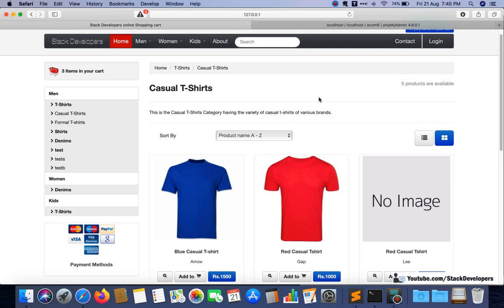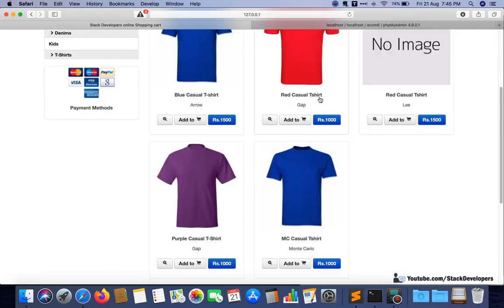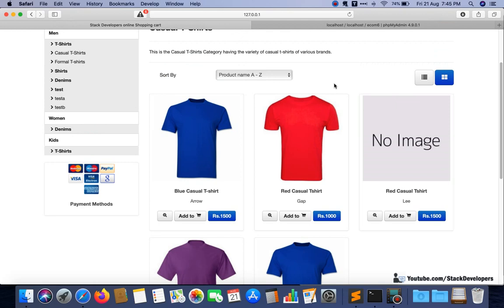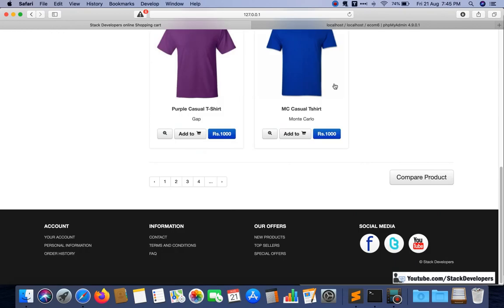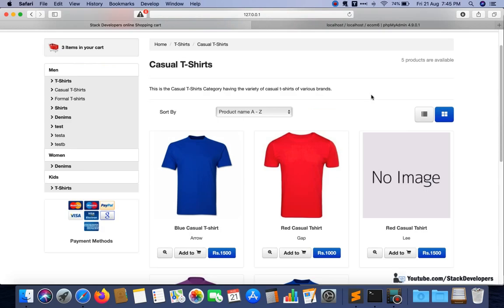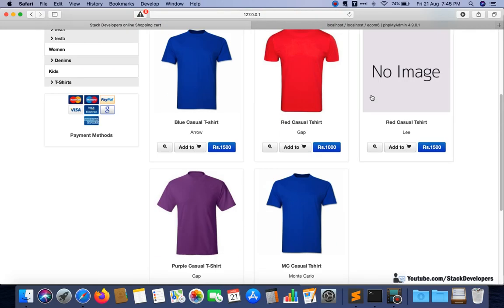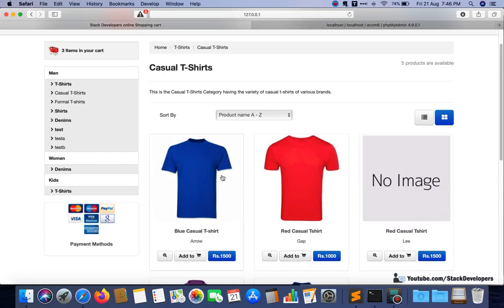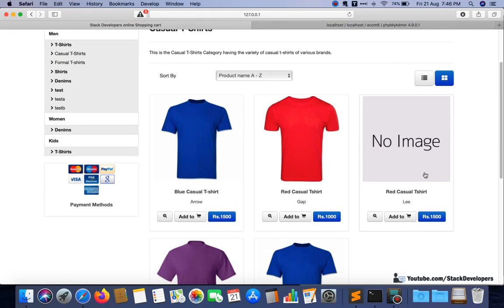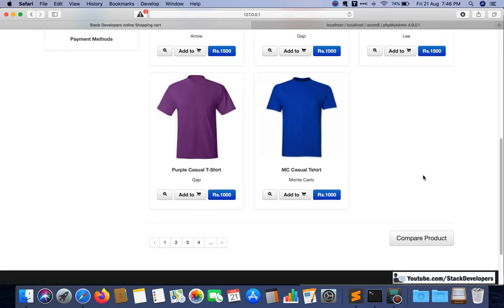Because we are not going to show all the products here. If 50 or 100 products are coming, then we are not going to show all the products in one page. It will make the page really slow and not good for the SEO as well, not good for the user as well. So we are going to show limited products in one page. Like we will show only 6 products in one page, 6 or 9 products, multiple of 3. You can see the 3 products are coming. So we will only show these 6 products in one page,